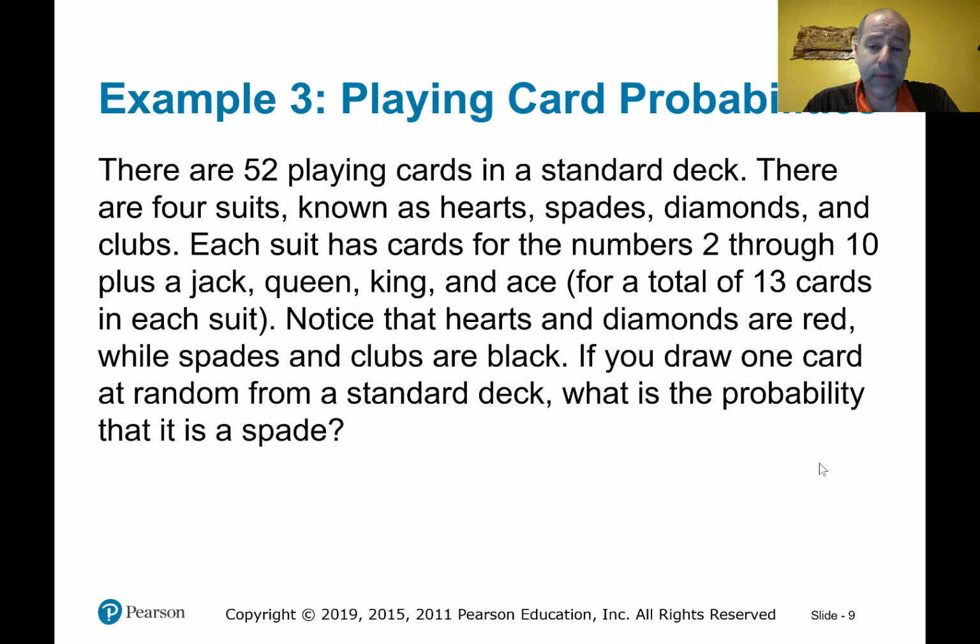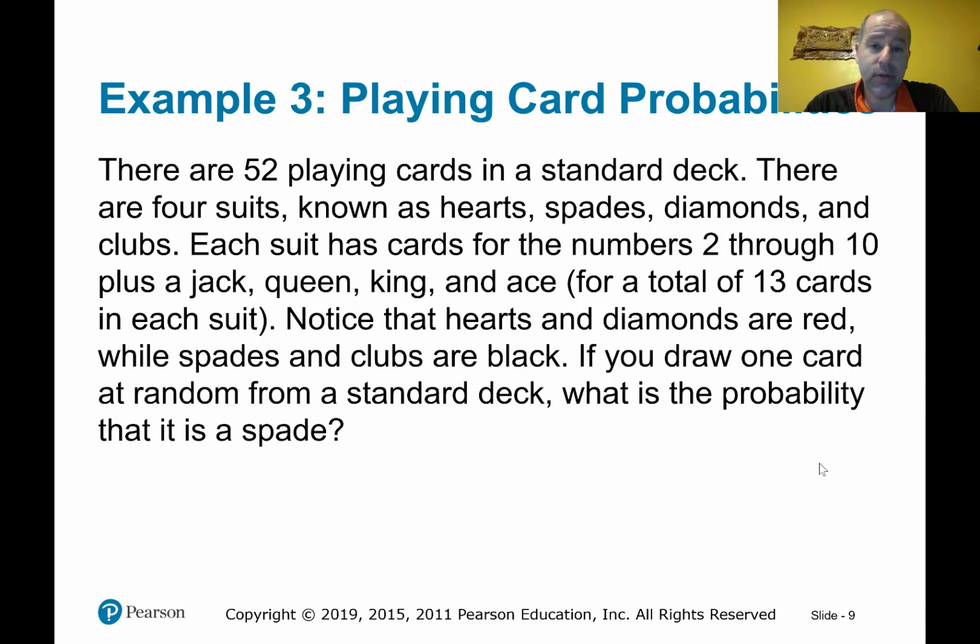Notice that hearts and diamonds are red, and spades and clubs are black. So we have black cards and we have red cards. So there are 26 red cards and 26 black cards. So now, if you draw 1 card at random from a standard deck, what is the probability that it is